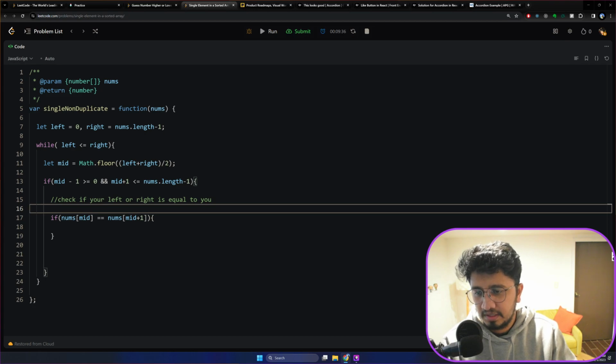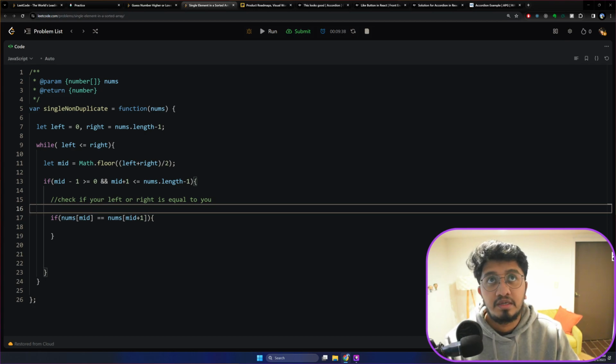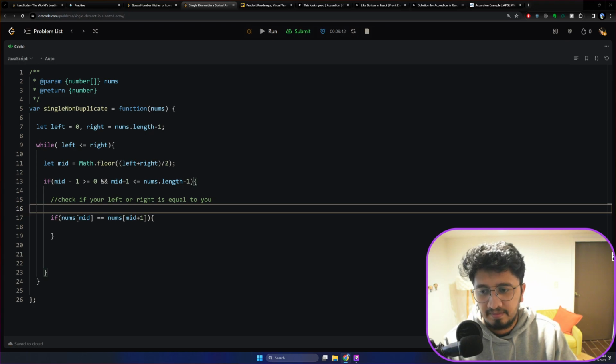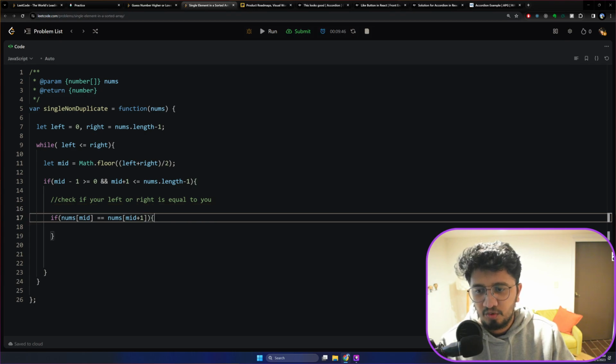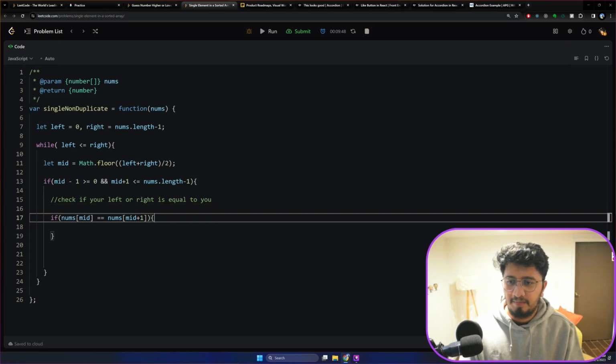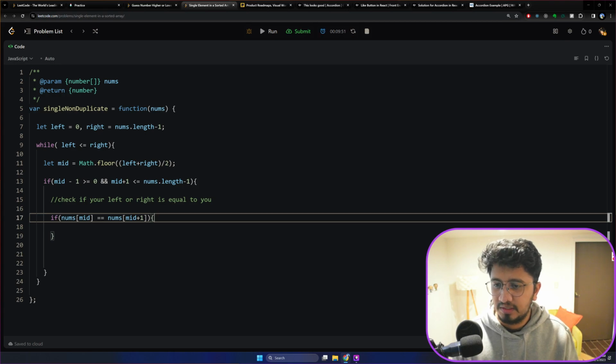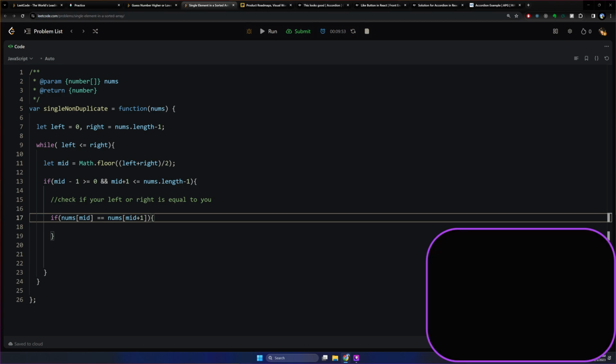Okay, this is my right. So now what I need to check is what is its length, right? What is the length on the right hand side? If it is